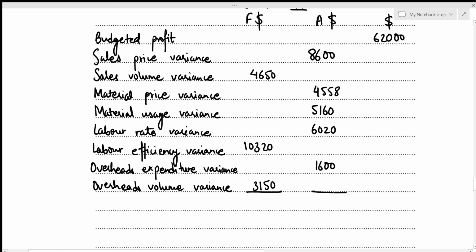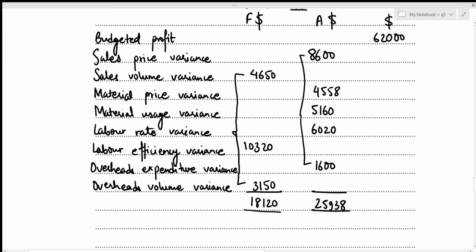Okay, now we can figure out the total for both the favorable conditions as well as the adverse conditions. For favorable one, it will be the sum of these three values. So that's 4,650 plus 10,320 plus 3,150, which results in the value of 18,120. Then for adverse one, that would be the sum of these five values. So that's 8,600 plus 4,558 plus 5,160 plus 6,020 plus 1,600. So that results in the total of